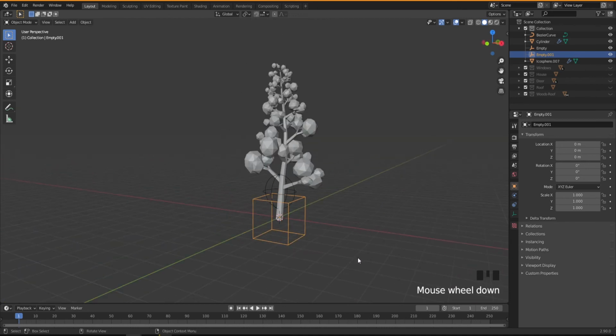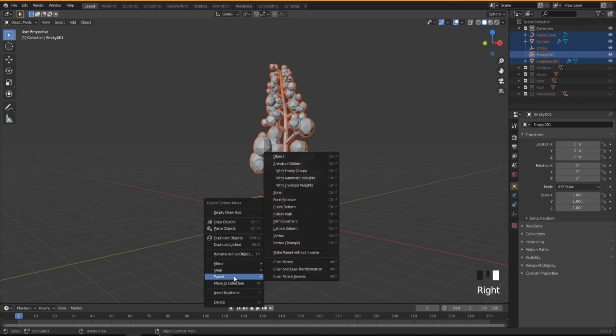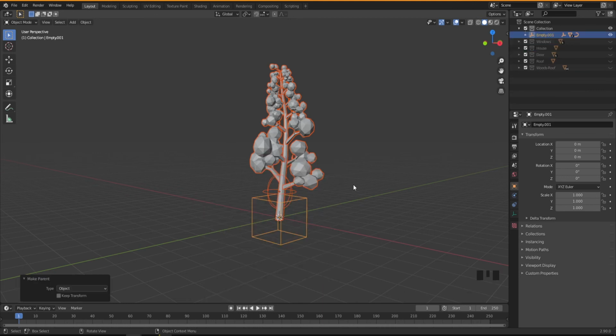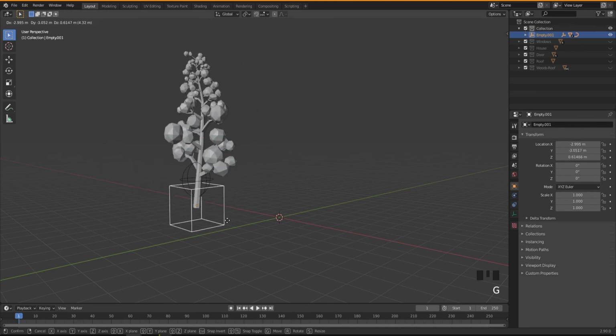So what I'm going to do now is select everything except the box. The box should be selected last, so select everything and then the last one select the box, and then right click, Parent, and then Object. So now if you move this one, everything should move with it like this.